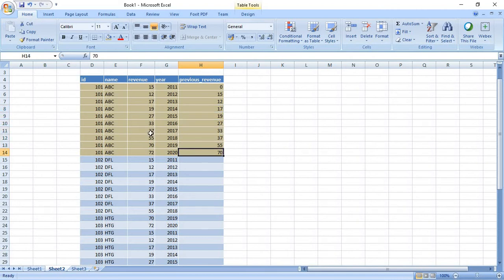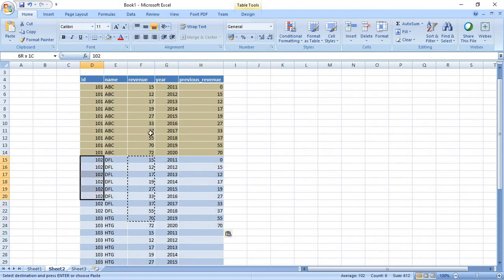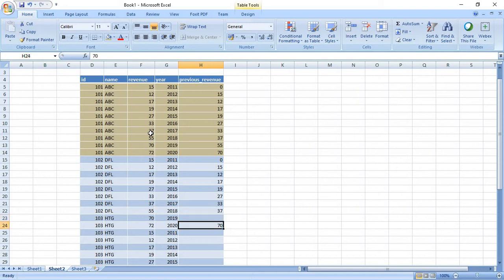Similarly, for DFL company, it also doesn't exist in the year 2010, and for the remaining years the output should be like this. This is present till here only, so I'll just delete the rest.